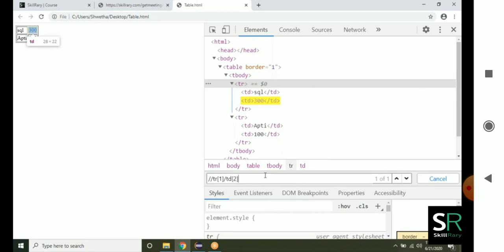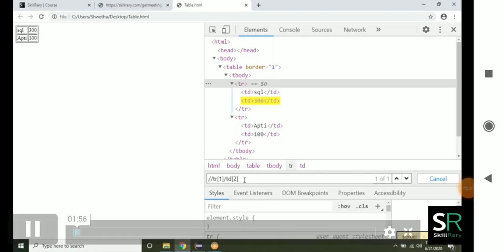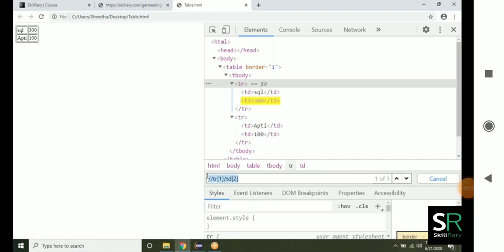300 is getting highlighted. But the problem is, tomorrow one more book is added above SQL, like Manual or Java or Selenium. It is not going to work. So you have to write an XPath in such a way that even if tomorrow one more book is added, it should work, and if the price is changed, it should also work. How to write? For that we have one technique called